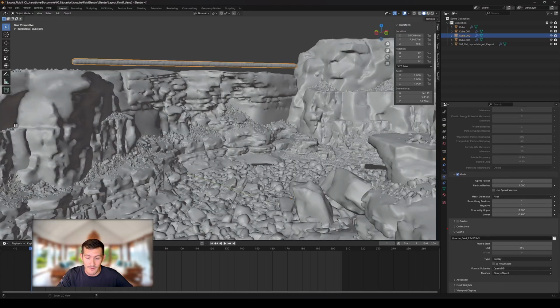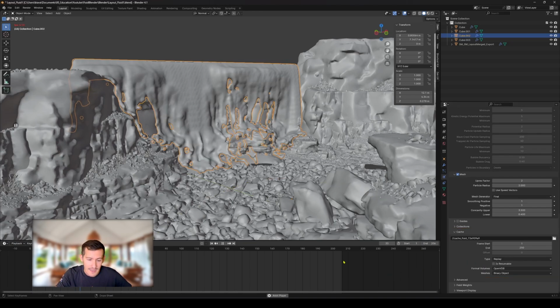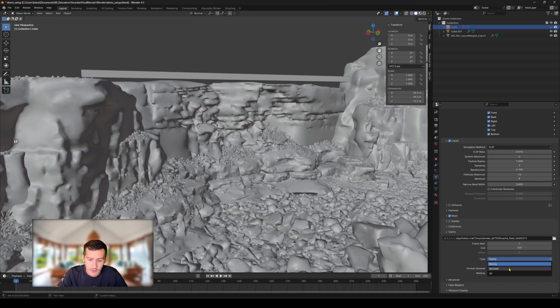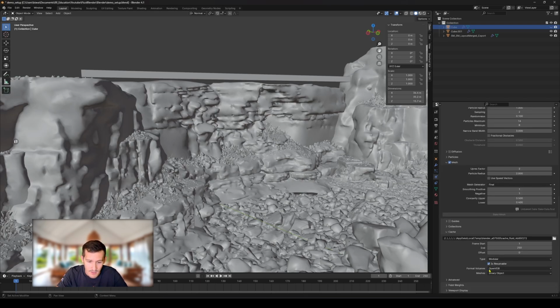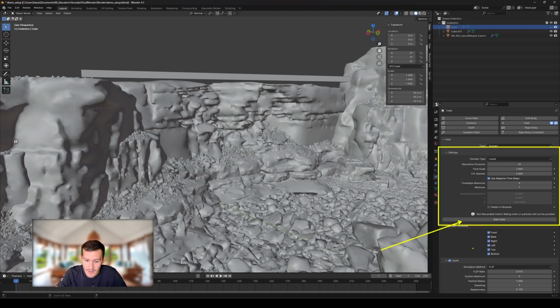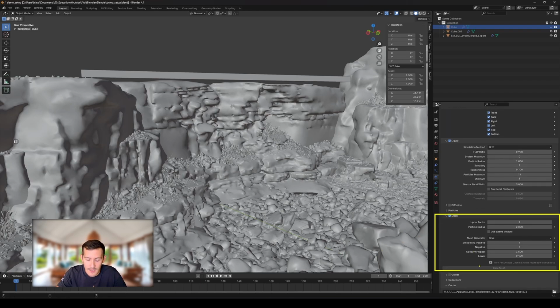Under the Cache tab of our domain, the default option is Replay. This means we bake the simulation by playing it directly on our timeline. It is simple to set up but can be slower for more complex simulations. Another option is to choose a modular bake with the Is Resumable option to bake in stages, like baking the fluid particle first, then the mesh attributes to create geometry, replacing the particles. And now it's up to you to decide what's best for you, of course.